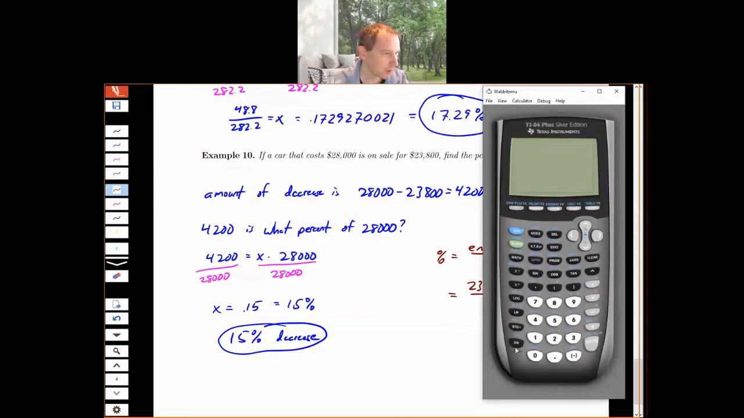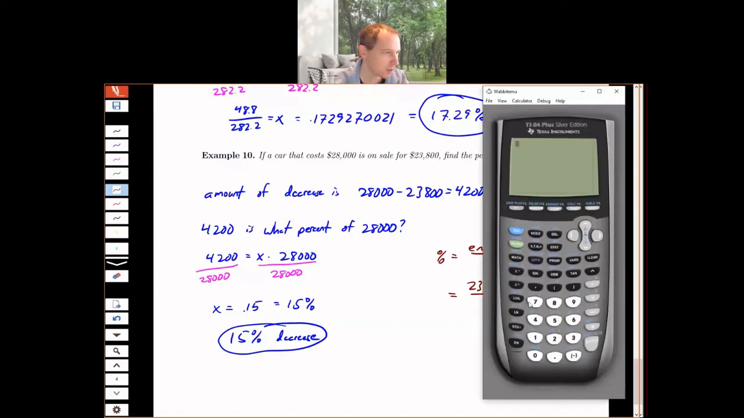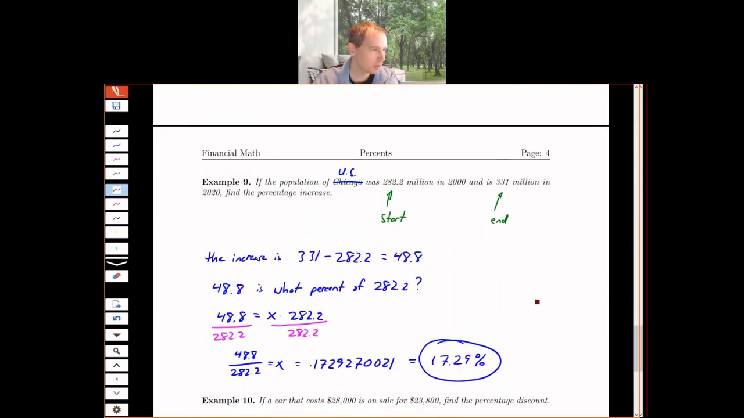Okay. In order to do that all at once, when I write this numerator, if I just type this in, my calculator is going to do division first. I say, no, I want the subtraction first, so I have to make sure I put that in parentheses. Okay. So we have 23,800 minus 28,000. Okay. Divided by 28,000. Okay. And my calculator gives me a negative